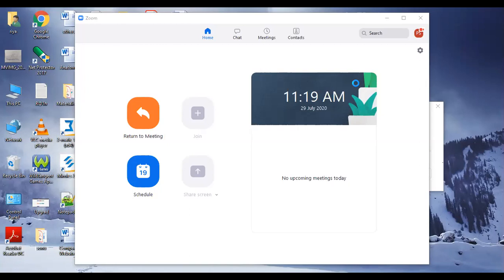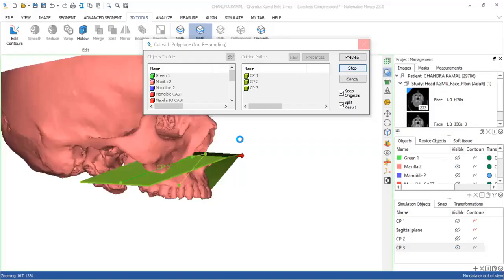I'll stop share and I'll reshare. Ma'am, is the screen visible now? Yes, now it's there. Yes.